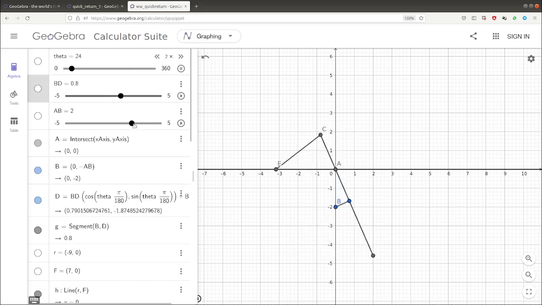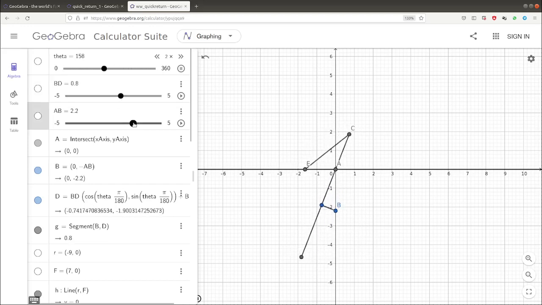How am I going to change the position? Let me change the position, and if I change the position, the quick return ratio has gone down. And at the same time, if I come like this, the quick return ratio is increased enormously.